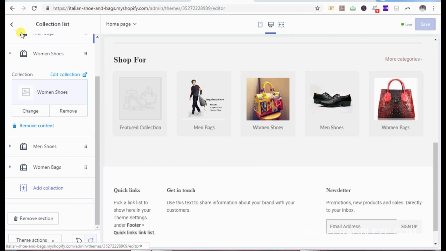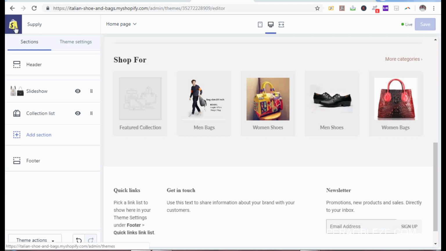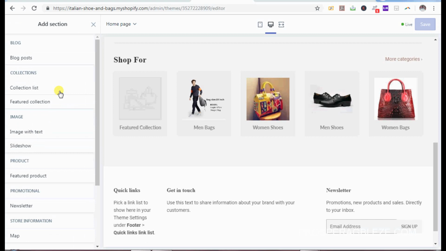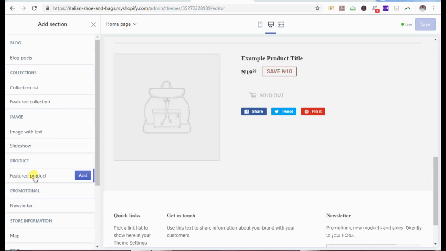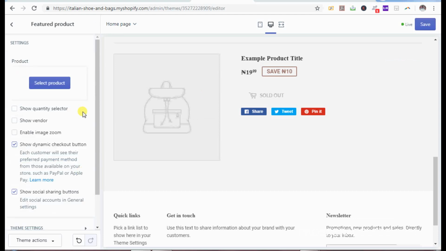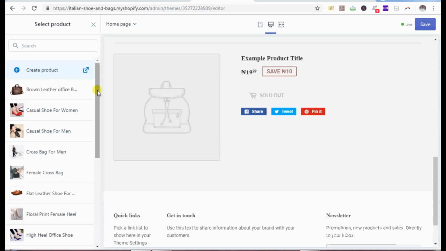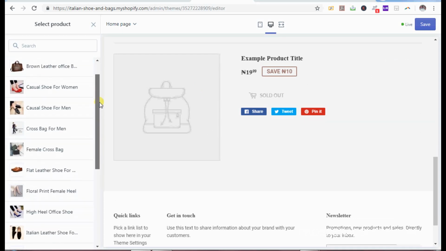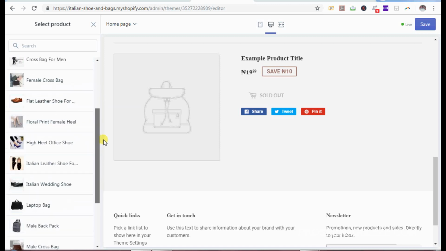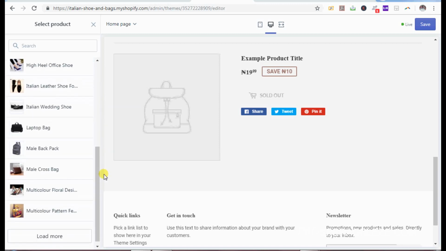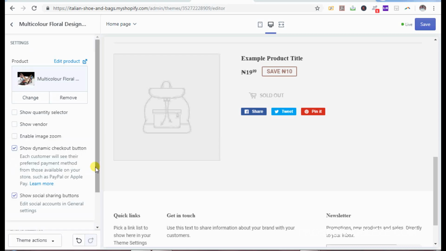So let's add section under products, featured products. So you click on add. So you select products. So you select any product that you want to appear under the featured products. So let me use this. Click on select. So there is another option here, show quantity selector. Let me take this, show vendor,